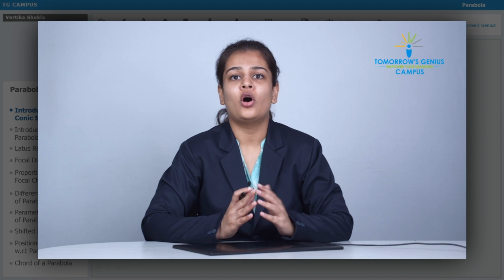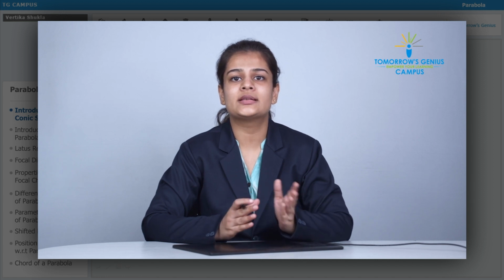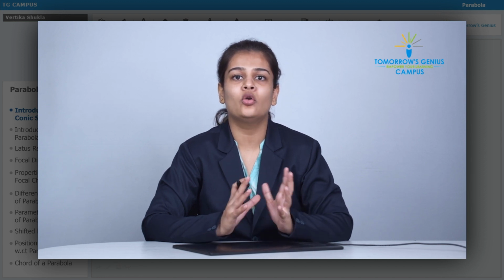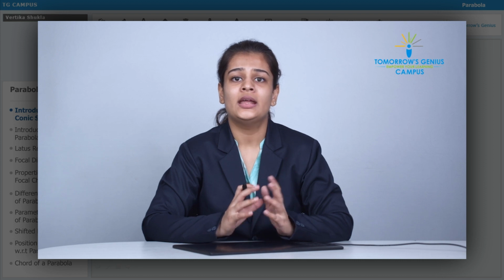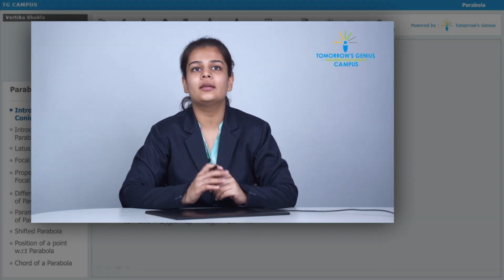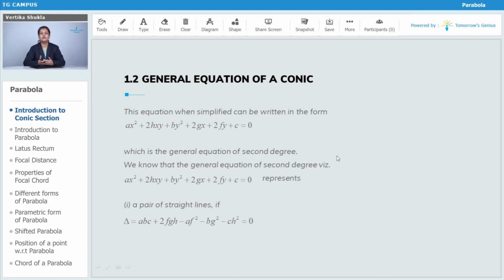Conic section or whatever we have discussed, PS square is equal to e square PM square. The locus of that point that we received, the equation that we got from there can again be simplified to get a 2-degree general equation. And what is that 2-degree general equation? Ax square plus 2hxy plus by square plus 2gx plus 2fy plus c is equal to 0.